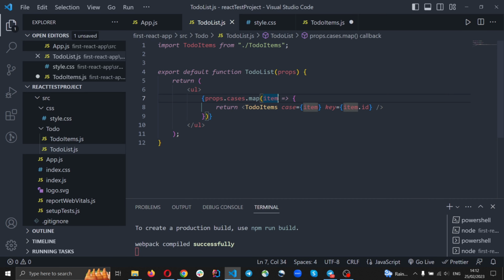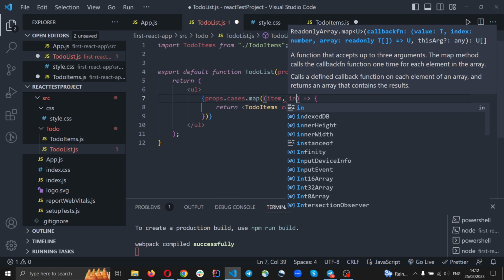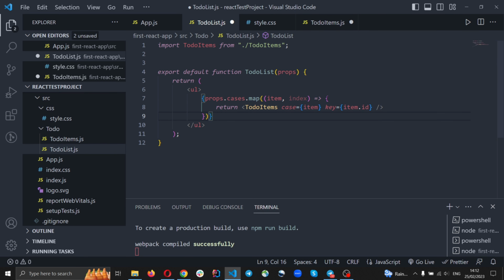First we pass parameter, just need to type index, and pass it index, save it, and accept it in props,